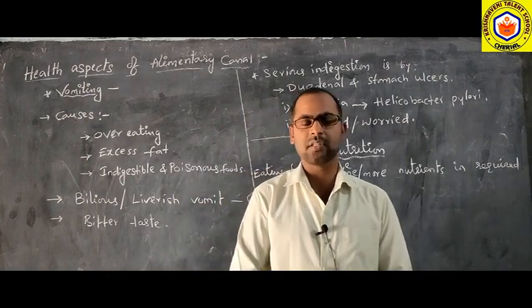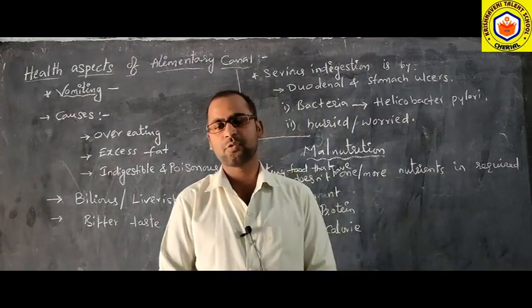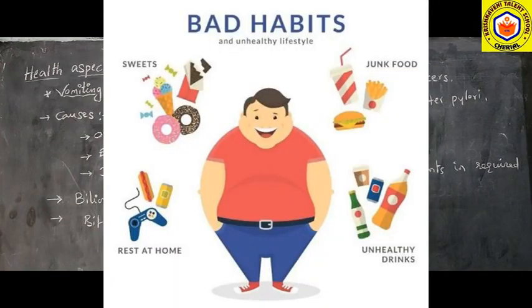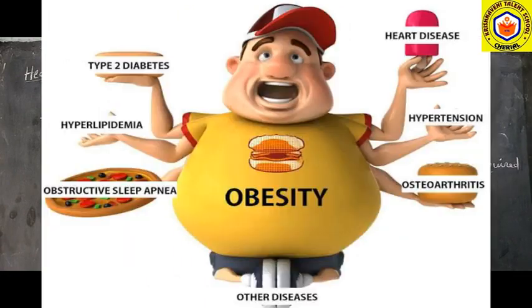Right? And next, obesity. Okay, this is due to overeating, due to excess of nutrients. Eating an excess amount of food leads to obesity. This is due to overeating and excess calorie intake, so this is a big health hazard. Obese children, when they grow up, will be a target for many diseases like diabetes, cardiovascular, renal and gallbladder problems.